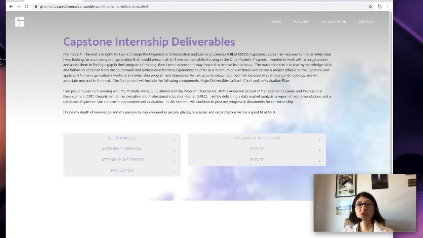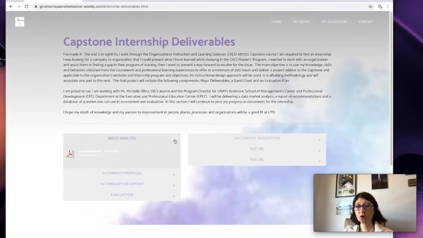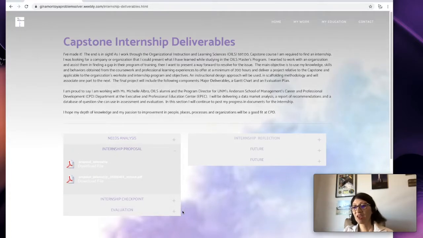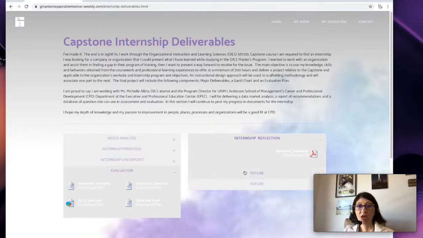The deliverables for the internship had so many products. I used a Weebly app called an accordion to present all the documents. As you can see, when you click the small plus sign, the accordion expands and there are the links to the various documents, such as the needs analysis, the proposal, my evaluation, my reflection,